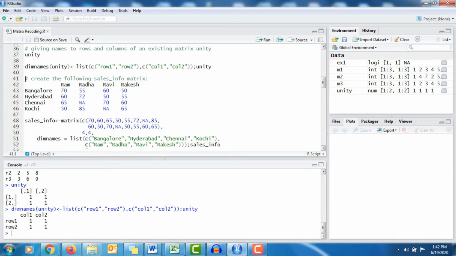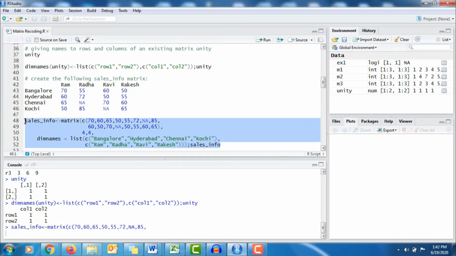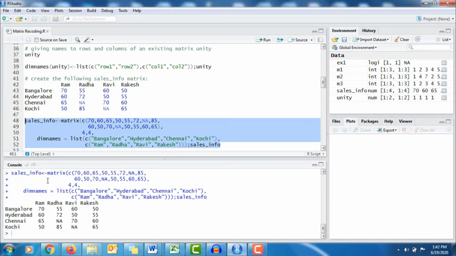So in the list function, within the c function, first give names to your rows, close the bracket, followed by a comma, then give the names to your columns again in the c function. Then close all the relevant brackets. Let's have a look. So now you can see that our sales info matrix is ready.